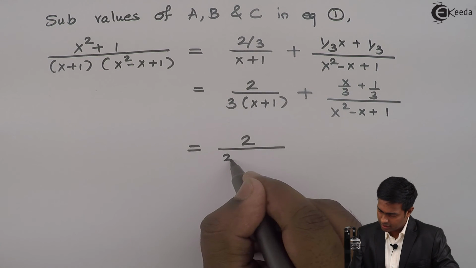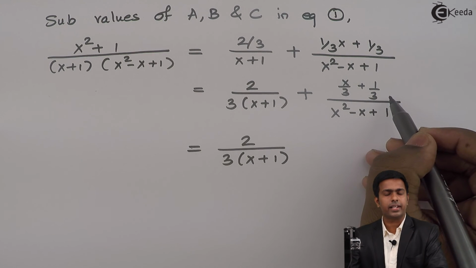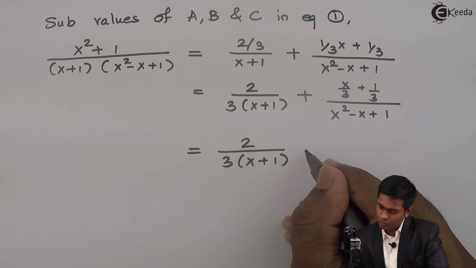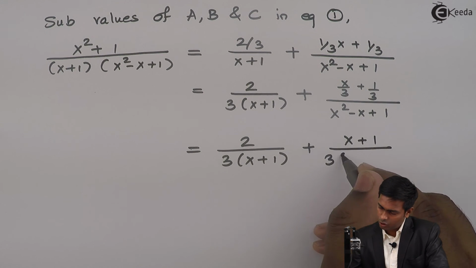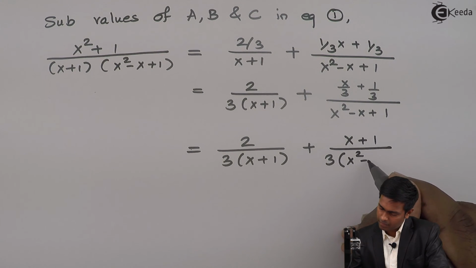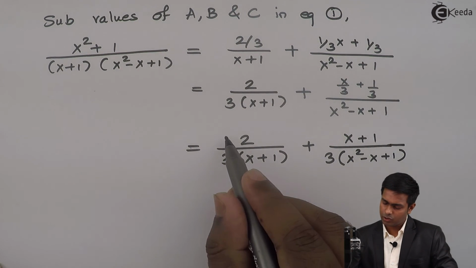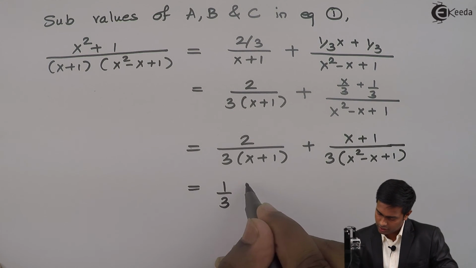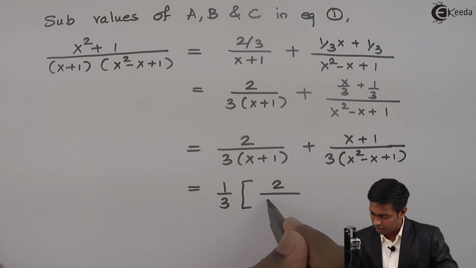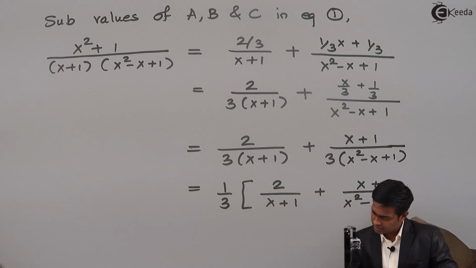So 2 by 3 into x plus 1, and from both these terms we can take 3 in the denominator. So that will become x plus 1 in the numerator, 3 in the denominator, and we will get x square minus x plus 1. Now we can take this 1 upon 3 common from both the terms. So we will get 1 by 3 outside, in the bracket 2 upon x plus 1 plus x plus 1 upon x square minus x plus 1,